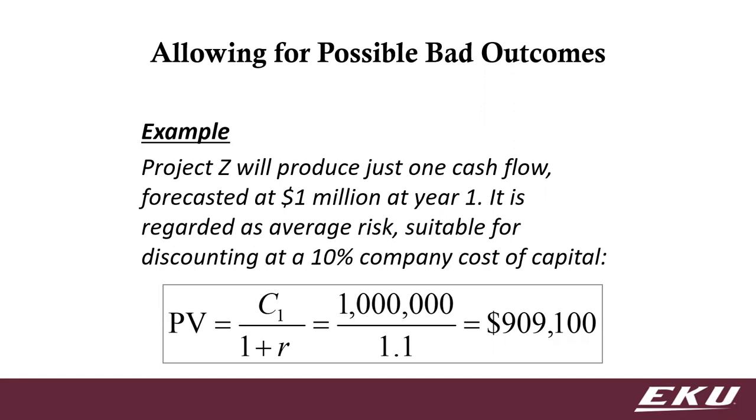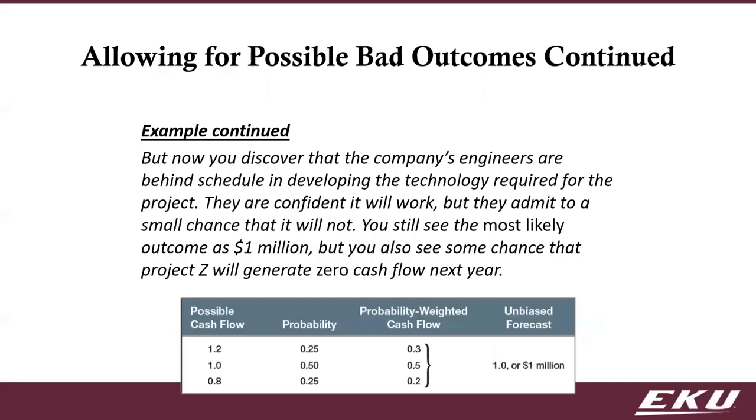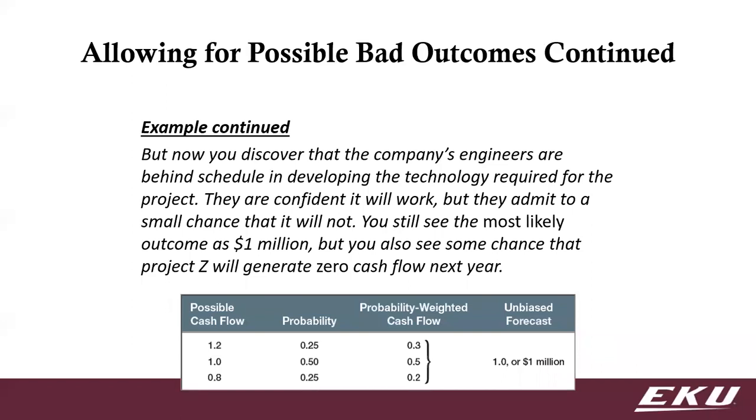And so the present value of a payment. This is a single payment. It's $1 million, right? $1 million in a year at 10% is worth $909,000 today, right? Okay. Now, what if